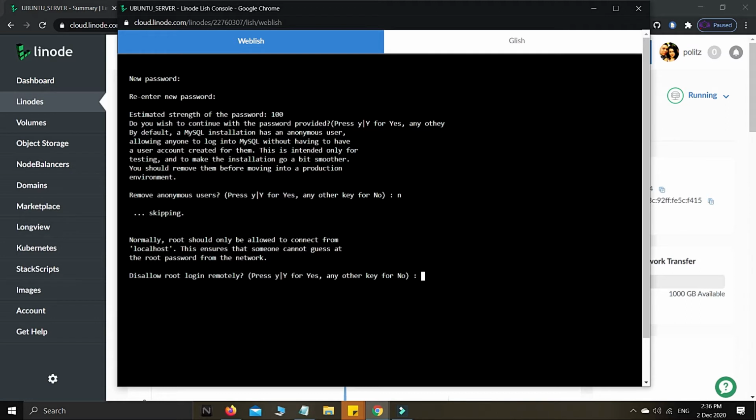Normally root should only be allowed to connect locally, so this is the option to allow root login remotely. This one is again for my case, I really want the root user to communicate directly from my web development, from my local laptop or PC, whatever you want, guys. You can also create a new user. This time I just want to allow it because I want to